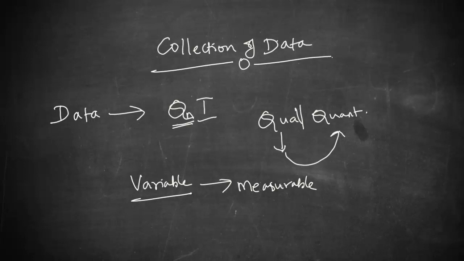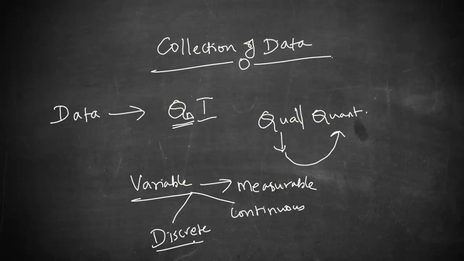So this variable can also be now divided into two. It can be either a discrete variable or it can be something known as a continuous variable. So what is a discrete variable and what is a continuous variable? When a variable assumes a finite or a countably infinite number of isolated values, it is called a discrete variable. Let's have some examples. Say the number of petals in a flower, or the number of misprints in a book, or the number of road accidents in a particular locality. All these are examples of discrete variables.